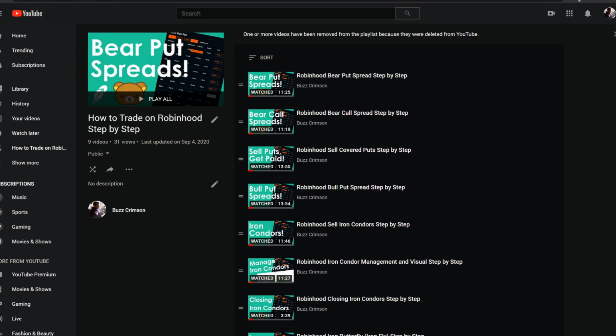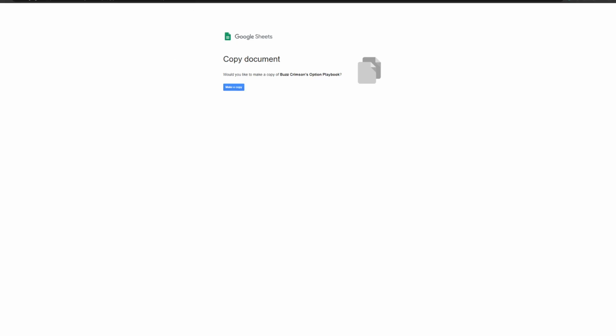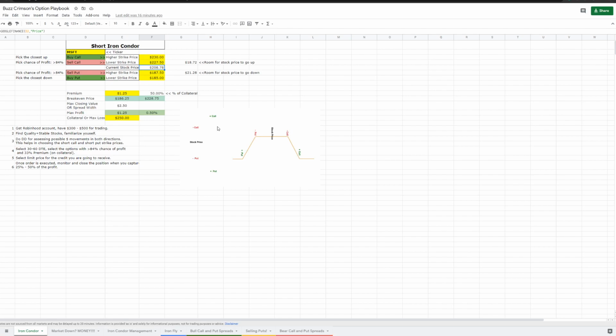The Google Sheet tool, you can get it by clicking here. I'm going to be showing both in the video. The Google Sheet tool is going to have every single spread all in one. This helps you set up all of your spreads in a visual way, and you're going to understand, oh, that's what the spread is doing, and wow, this is not a good trade, or this is a risky trade. Like, for example, here's an Iron Condor